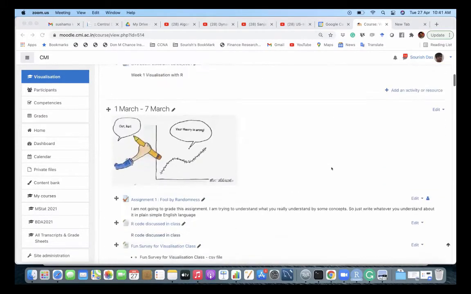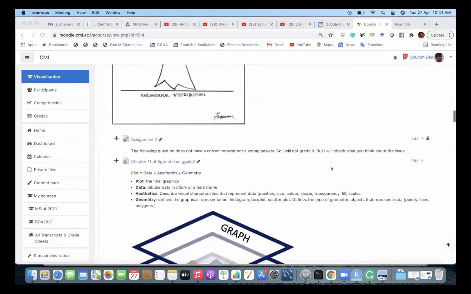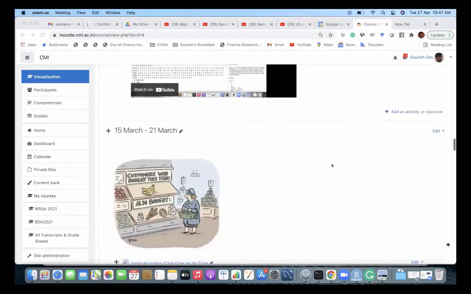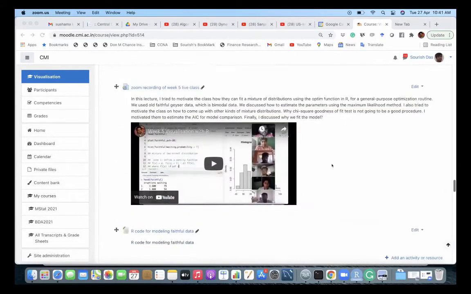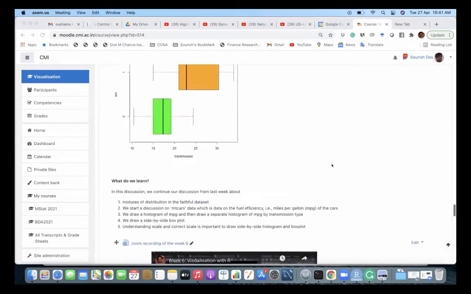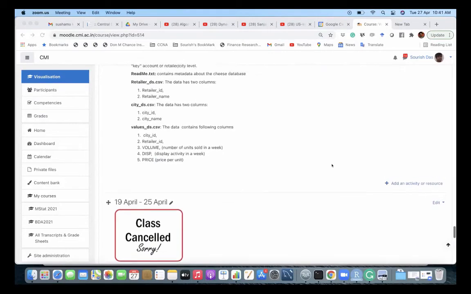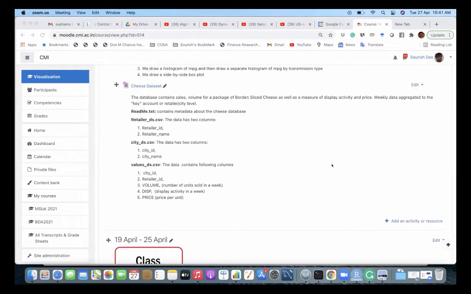If you go down, you will see that I have shared a data set with all of you called the cheese data set. It has essentially three data files: retailer_ds, ct_ds, and values_ds.